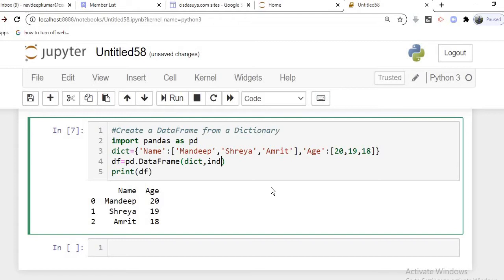So let's say index is equal to rank 1, rank 2, and finally we have rank 3. So try to run this code.